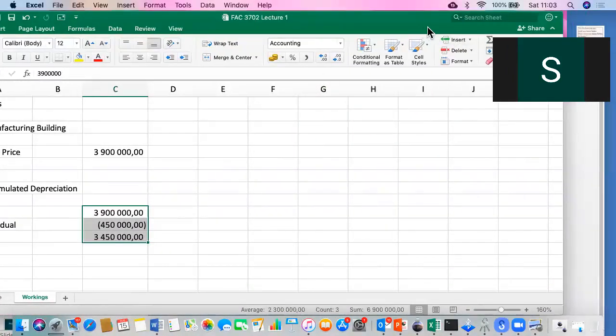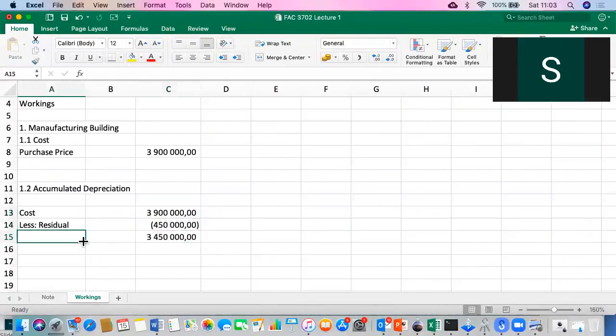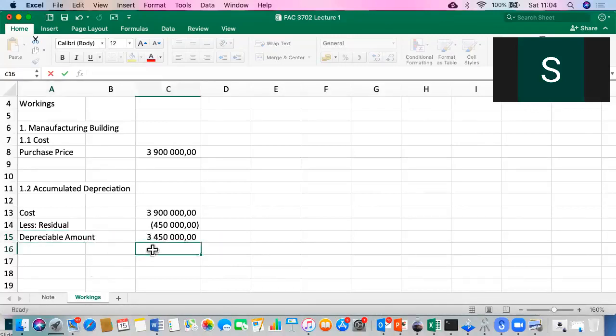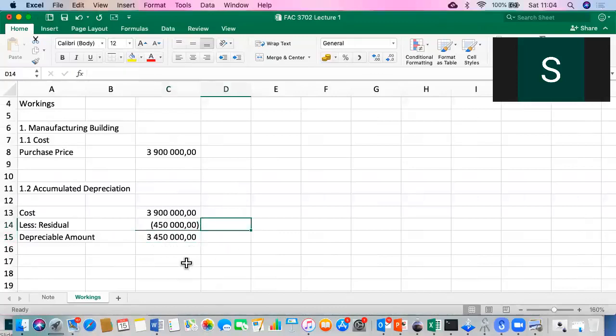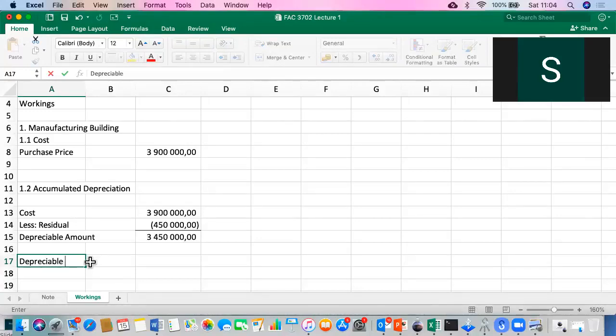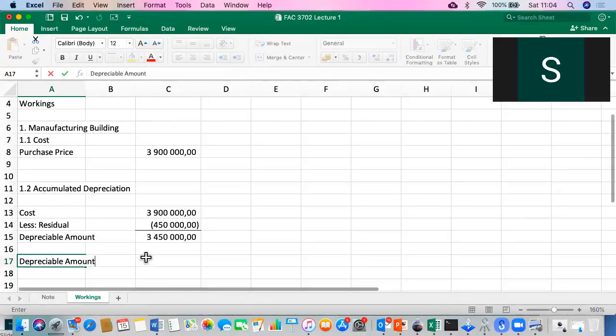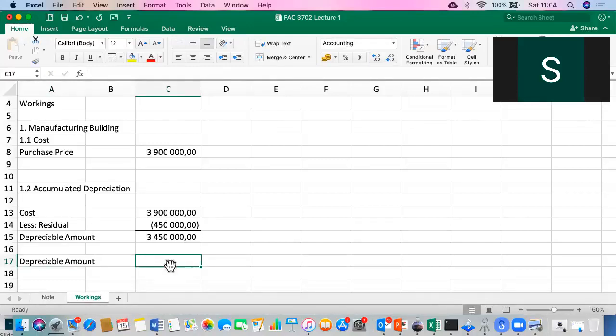Obviously, in real life, you'll use a calculator. So you can calculate with me if you want. And that gives you what we call the depreciable amount. Okay, so cost less the residual gives you the depreciable amount. Then we use the depreciable amount to calculate the depreciation to the beginning of the year. Now, how we do that is, if you go back to the facts of the question, we take the depreciable amount,